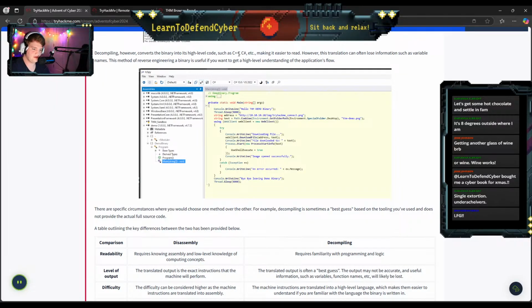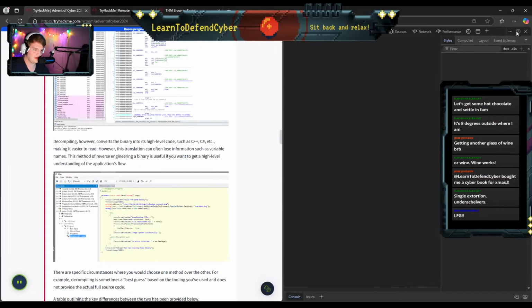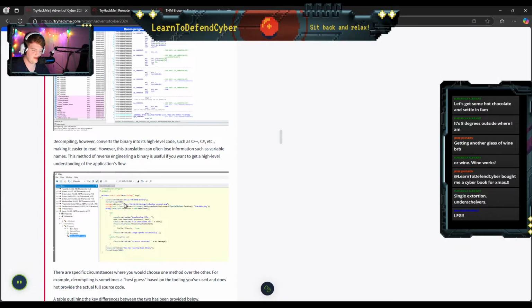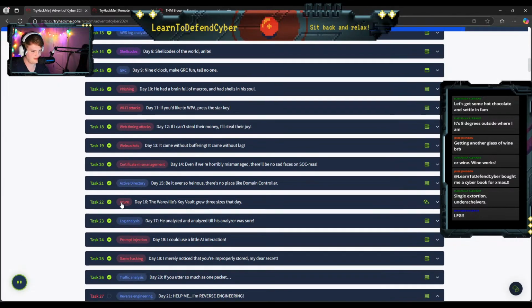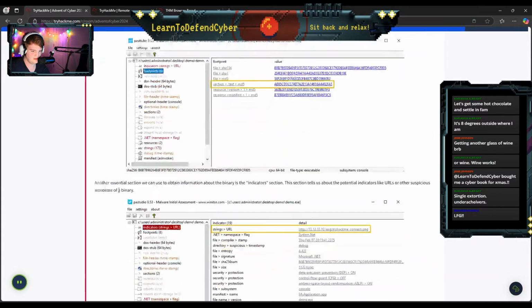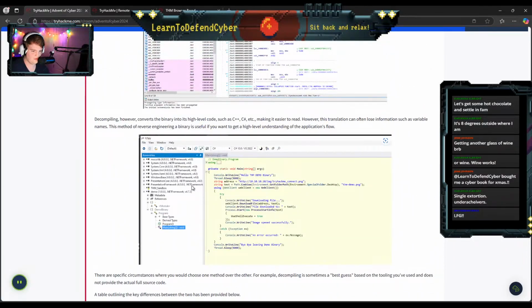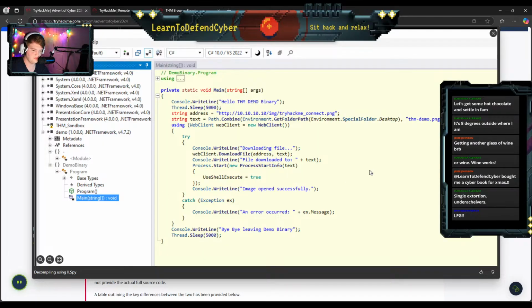C++, C sharp. So that's going to be more human readable, right? We can see what's going on here. I can blow this up again. That's the inspect element. I did not need that. Please don't break the page. Thank you. Come on, back up. Where were we? Here we go. I can just hit this magnify image. Boom, comes up. We can read this, right? This is just C code.